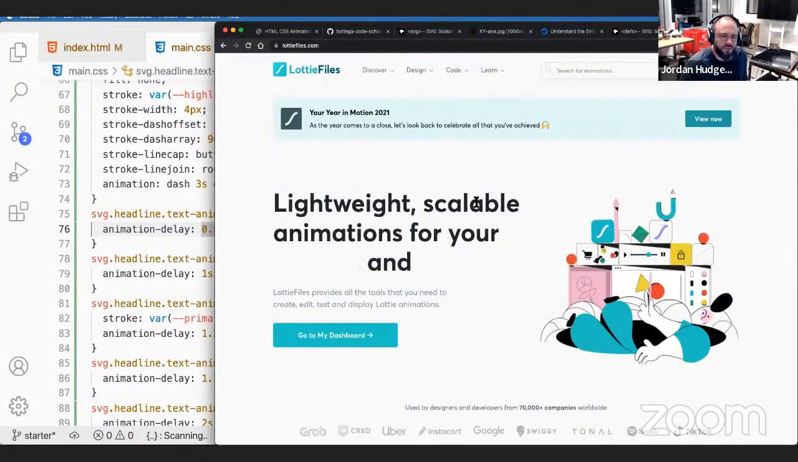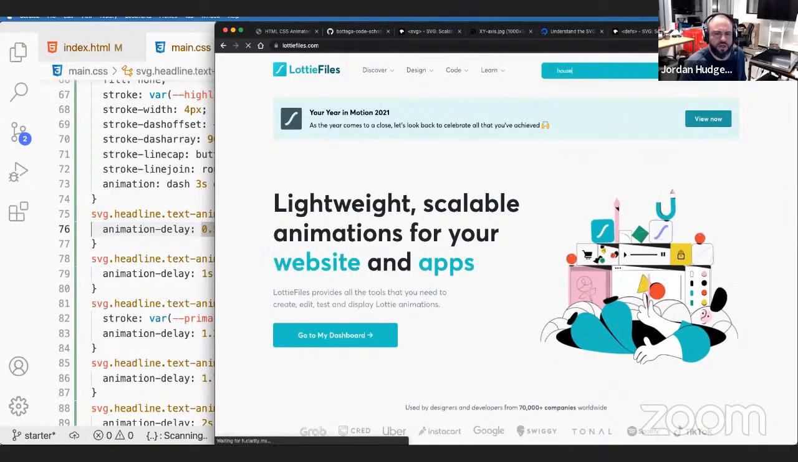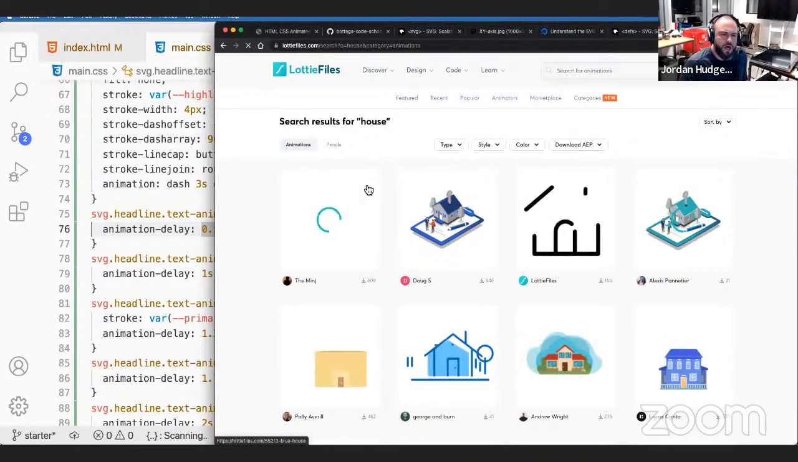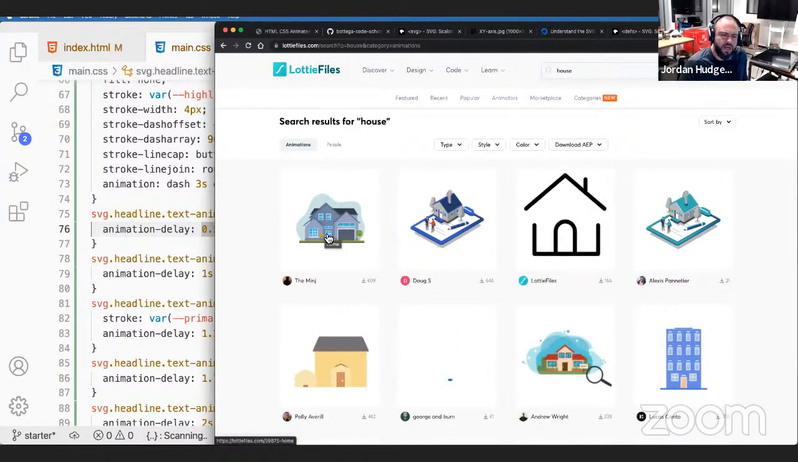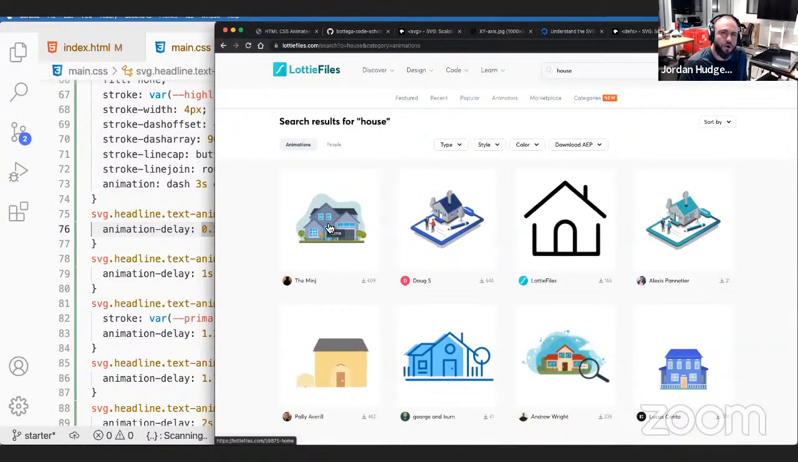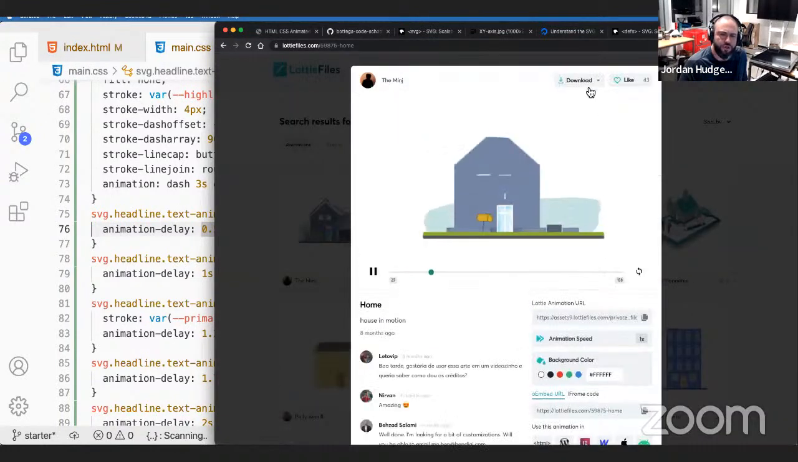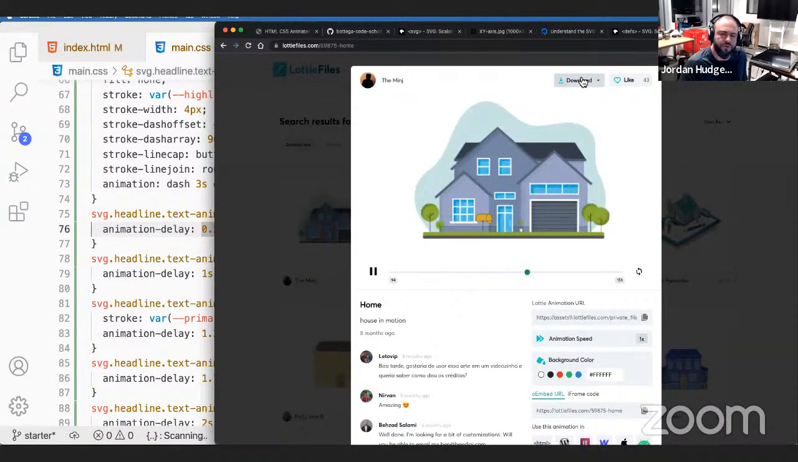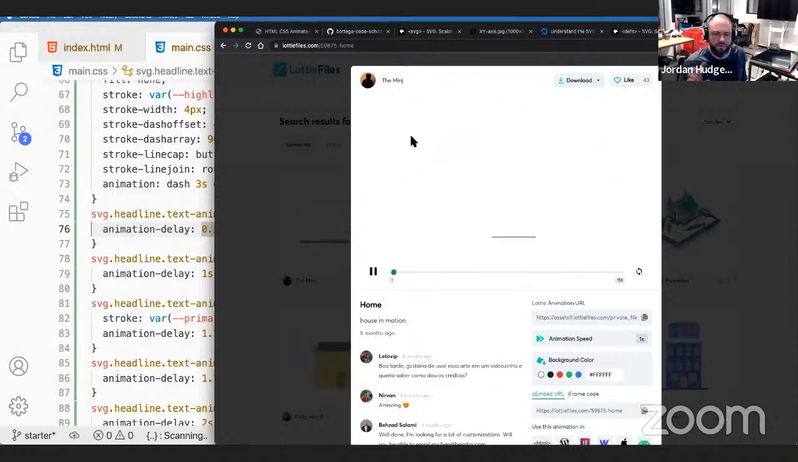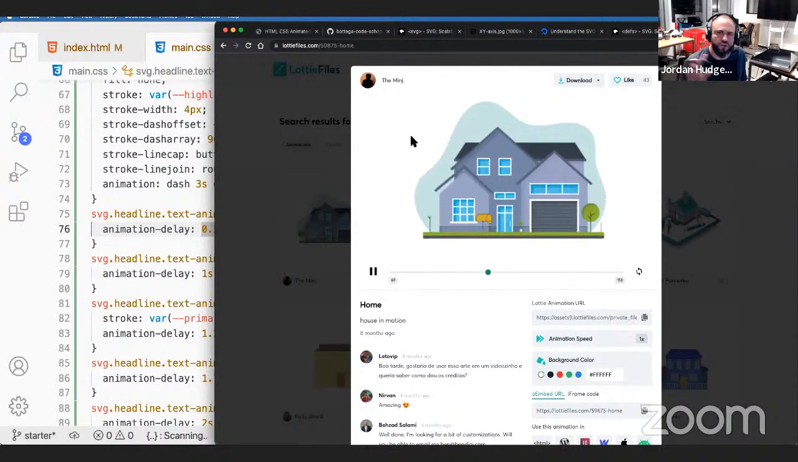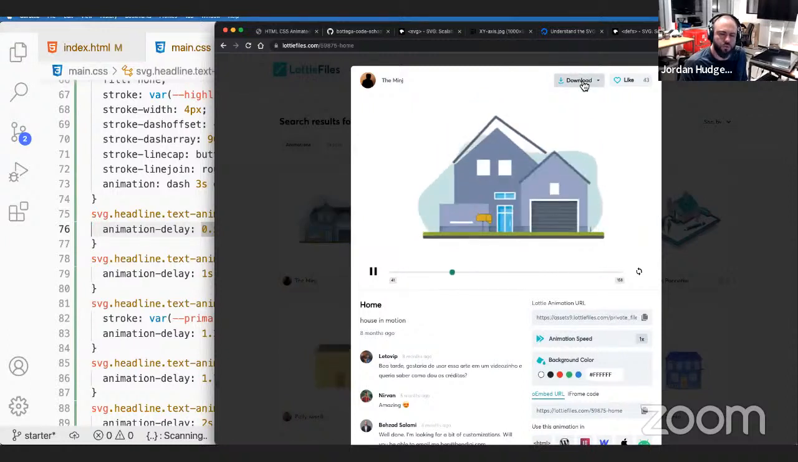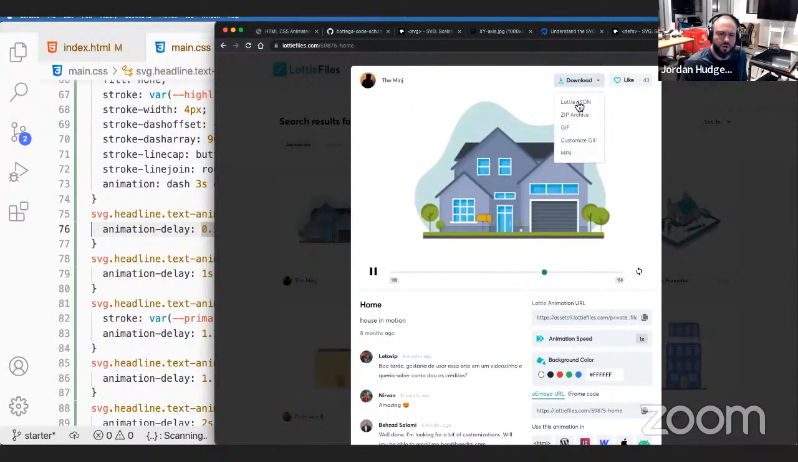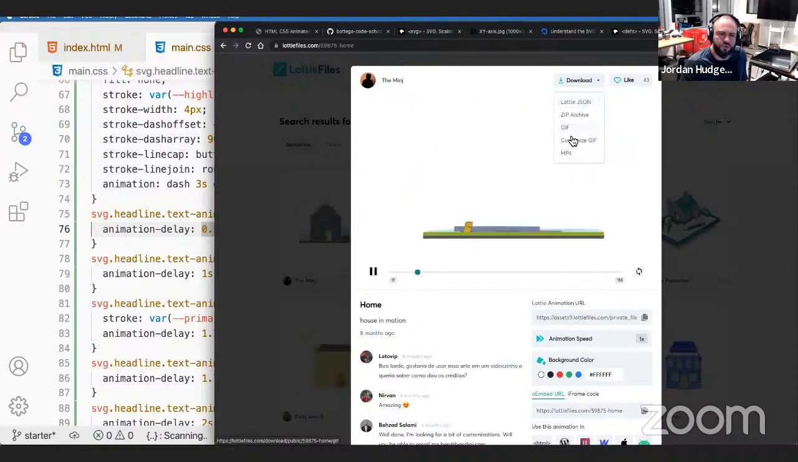Lottie files is a way that you can actually search for animations here. So say you search for house or something like that. They actually provide animations that are in a JSON file. So you can download a JSON file and then you need to have some way of rendering it. There are some libraries that can render it. But essentially how these work is they take all of the JSON code, and you have a few other options